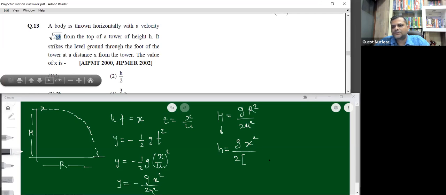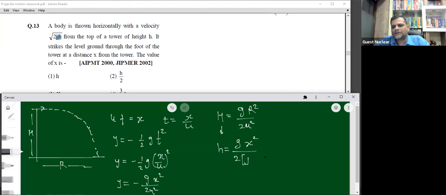So if you put this root 2gh and square the bracket, then we can cancel this square root and square, so that we get h is equal to gx square upon 2 times 2gh inside the bracket, right? So that this g gets cancelled, and this h will be actually equal to x square by 4h,